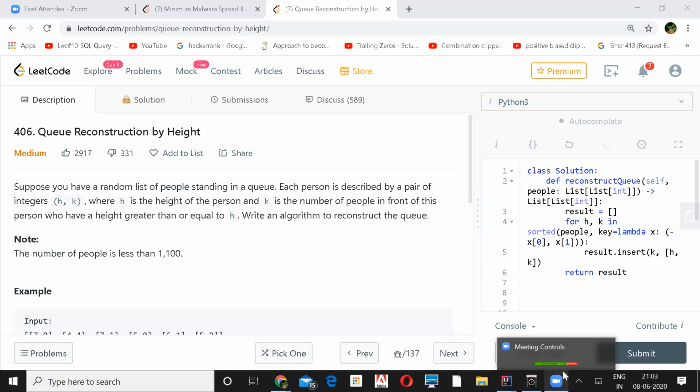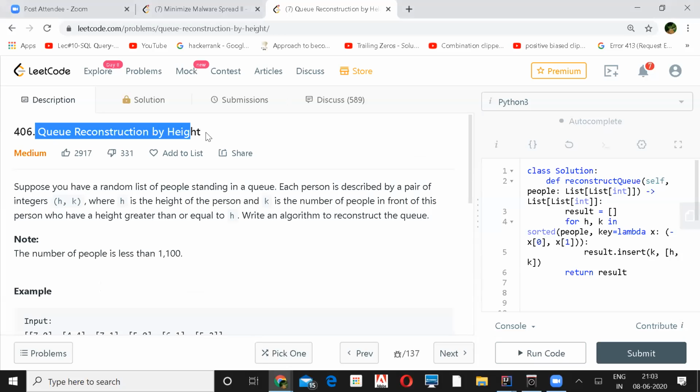Yes. Okay, yeah. So we can start the first, like, queue reconstruction by height. We are given a random list of... The first question was giving a 404 error. But if you look at LeetCode 558, it is the same question. If someone wants to share, because I thought it was 404... Okay, I can share, but I haven't completely coded that though. No problem, I can share it. Yeah, just read it, if somebody has it. Sure, I'll do that.